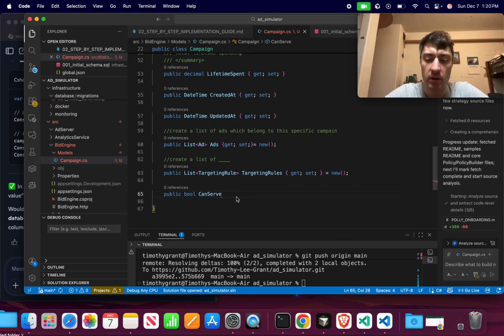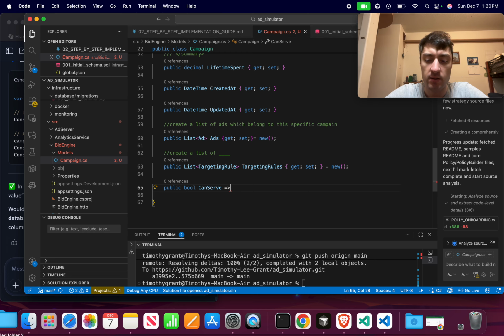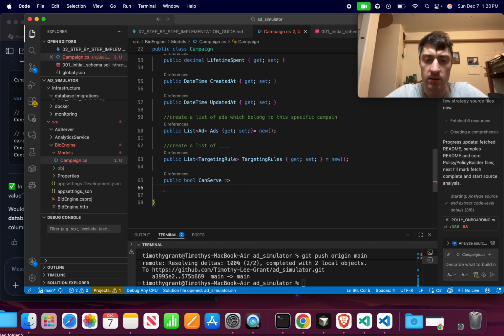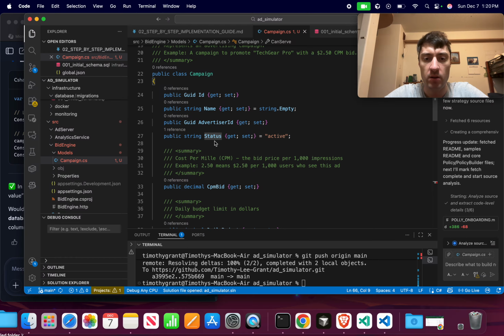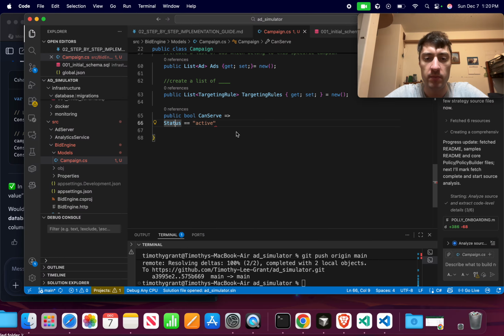Can serve is like this. Status was equal to active, and status should be defined up here, is equal to active, okay? And